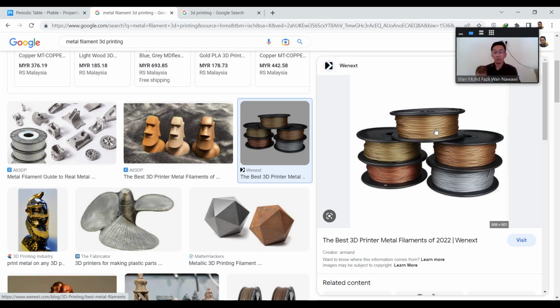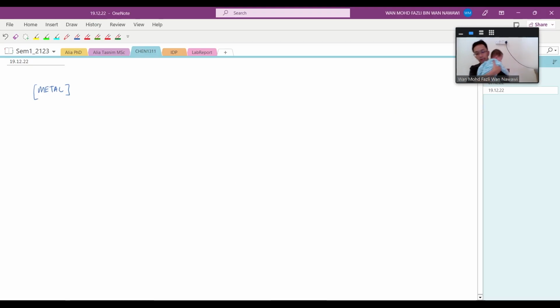So that's just to say that this is not pure metal. It's not like, let's say, copper. It's not 100% copper filament. It's basically copper plus some plastic. So we don't say that's an alloy, because in this case, if you look here in the filament, so for